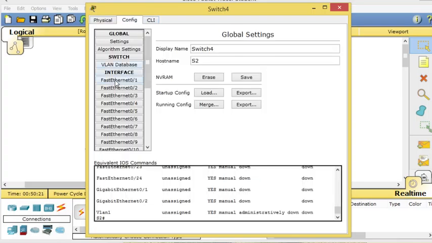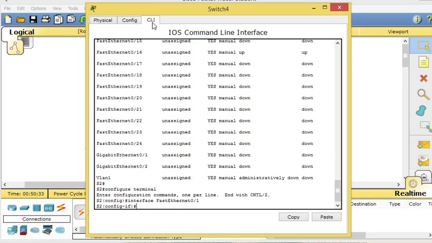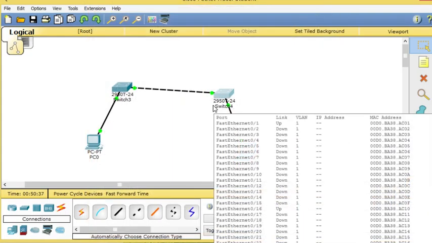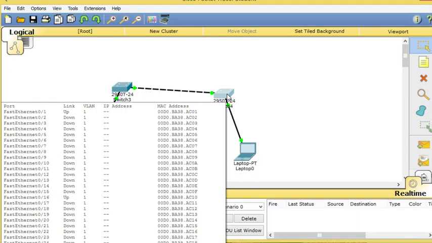Now we've got here port status is on now. I really shouldn't have shown you this, but I was just hoping it would give us a nice little thing. I'm kind of new to Packet Tracer, but if we hover over this, we can see that